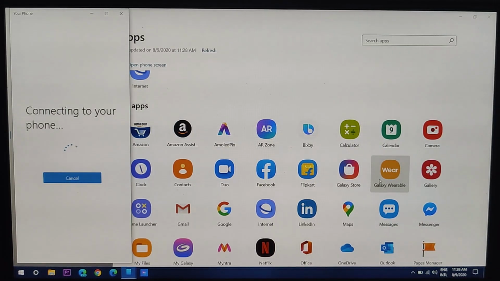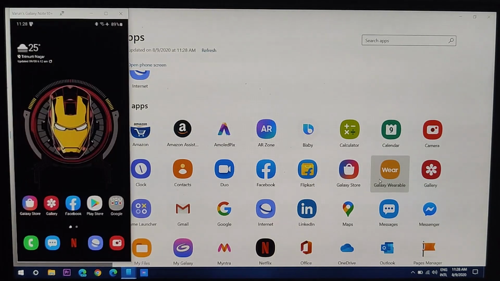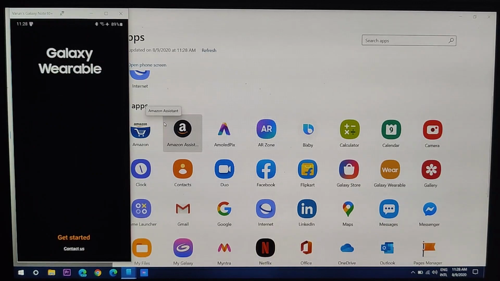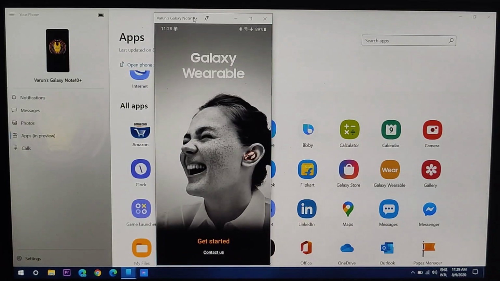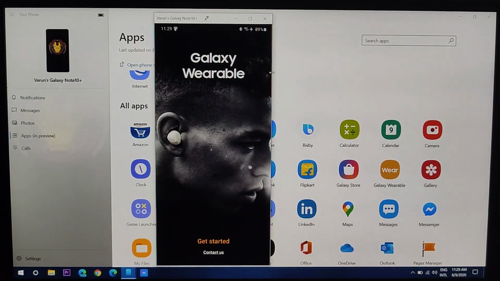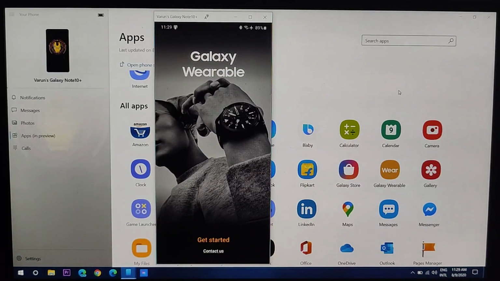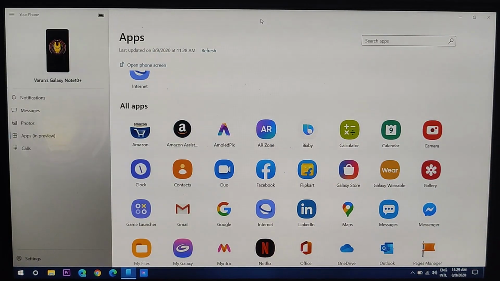Now one bug which I told you about, the phone needs to be unlocked. Now that is one thing which needs to be there, because if it's locked, then the application won't work. So basically you need to have an unlocked phone all the time, which is a problem right now. But as you can see over here, any application which is there on your device opens up in this small window, and you cannot resize the application because of some limitation which is there in Windows. It automatically adjusts to the screen resolution or the screen size which is there, so you cannot do that. But if any application normally opens up in the landscape mode, it will open up in that mode only.